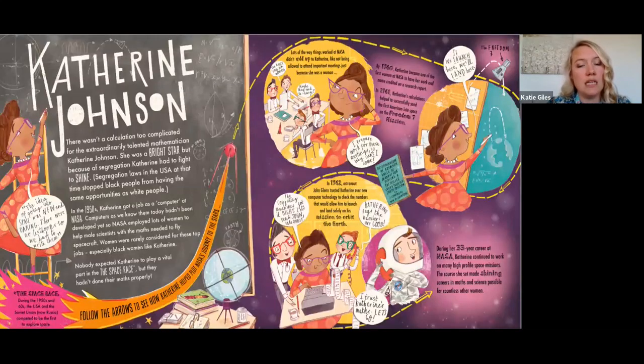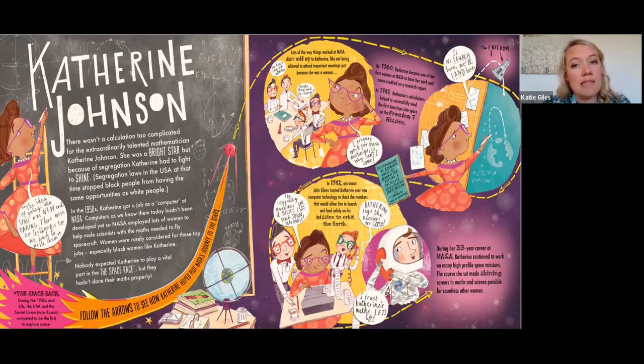If we look at using it to analyse a text, this is a text taken from the book Fantastically Great Women Who Worked Wonders, a gorgeous text by Kate Pankhurst. And this specific page is an information page all about Katherine Johnson. Okay, so first and foremost, when analysing text, the first thing you would do is let the children read and enjoy. They might have come across this text quite a few times before we start to analyse it.